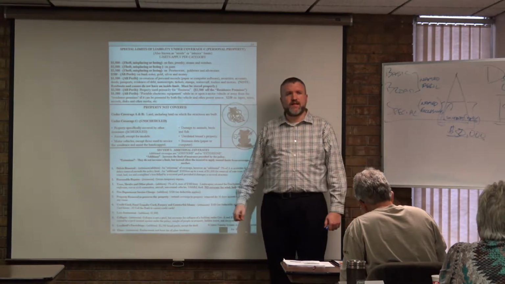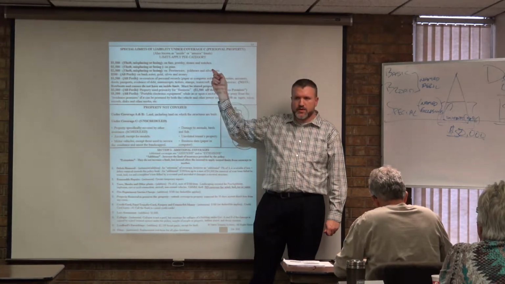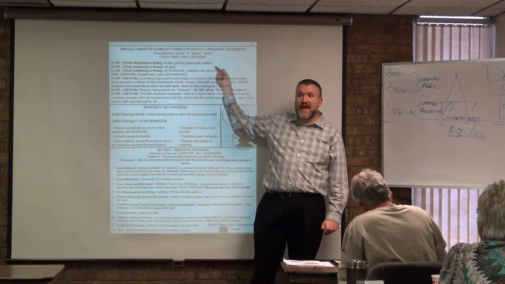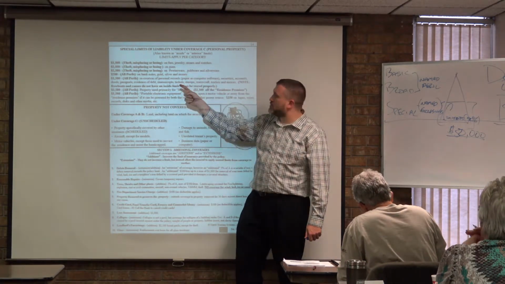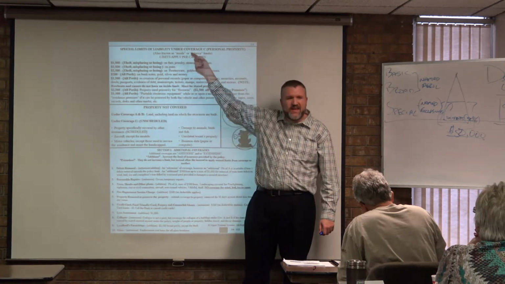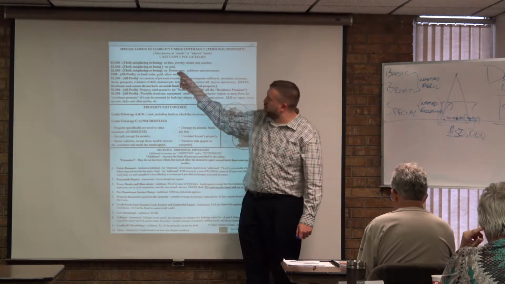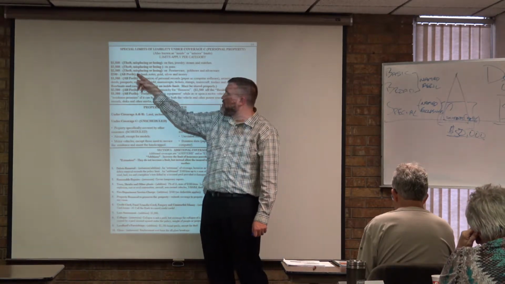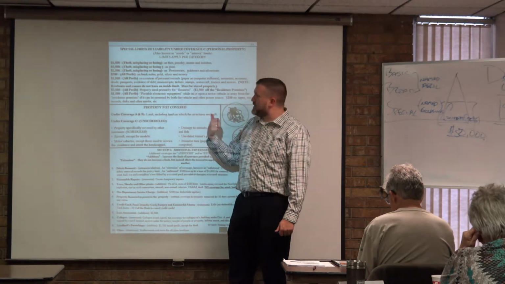Why do they set these inside limits? If I've got property of value, what are they probably trying to encourage me to do here? Schedule that stuff out. Don't leave it up to chance, because also remember, they're only giving you ACV underneath this. They're not giving you RCV. Okay? Look at this one, pewterware, goldware, silverware. Any of those are stolen, misplaced, or lost. Once again, $2,500.